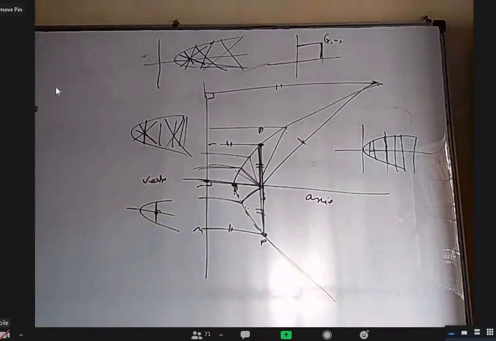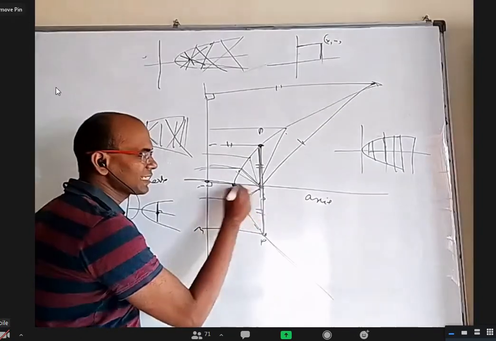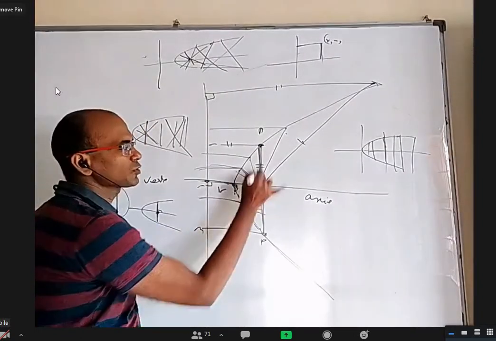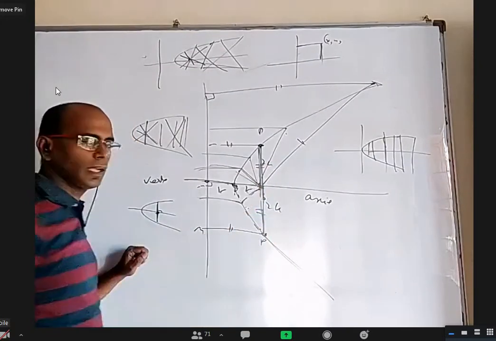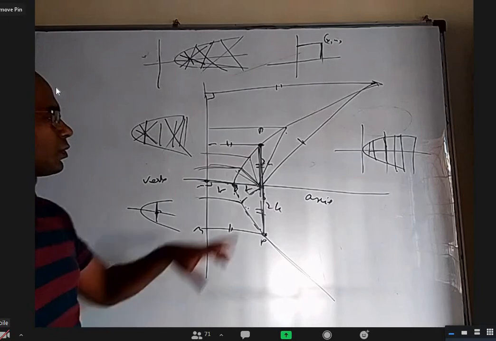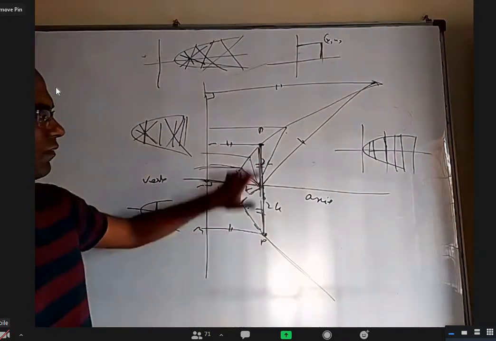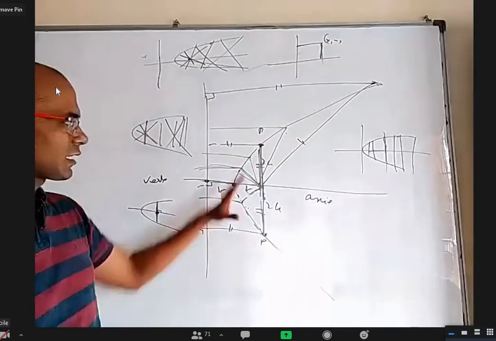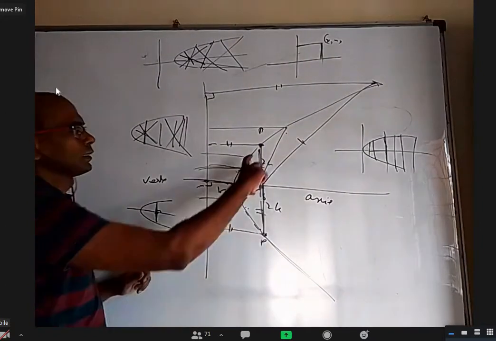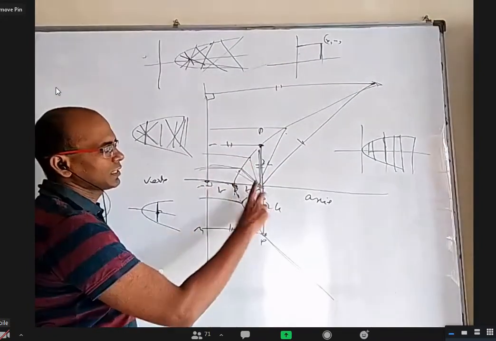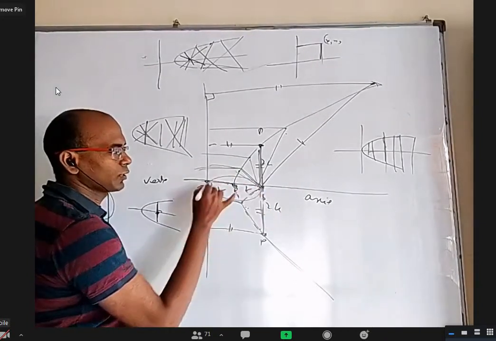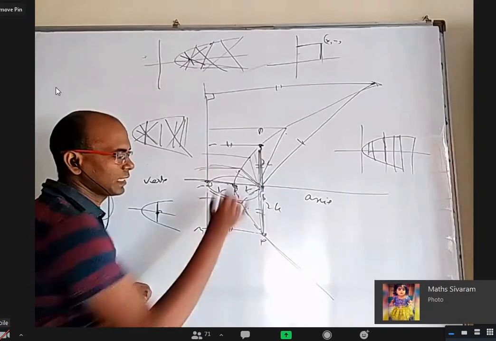One interesting thing you can see here: if this length is k, this is also k because this is the midpoint, and if this is 2k, this should be 2k, this should be 2k. Am I right? Yes, sir. So this is the latus rectum and this is the length of the latus rectum. This length and this length are equal. So you find the distance between focus and directrix, you get 2k. Double of that will be this length, the latus rectum.